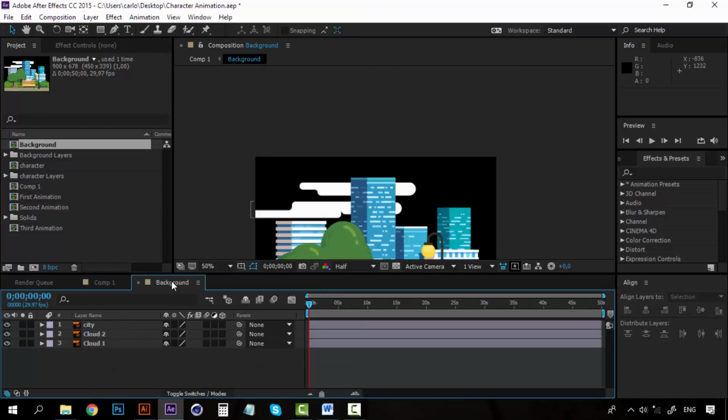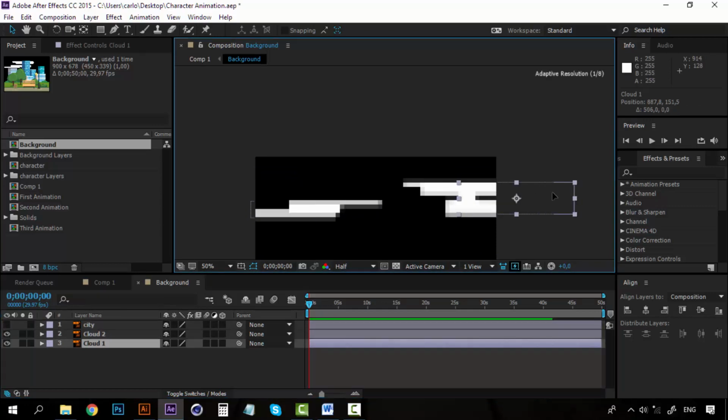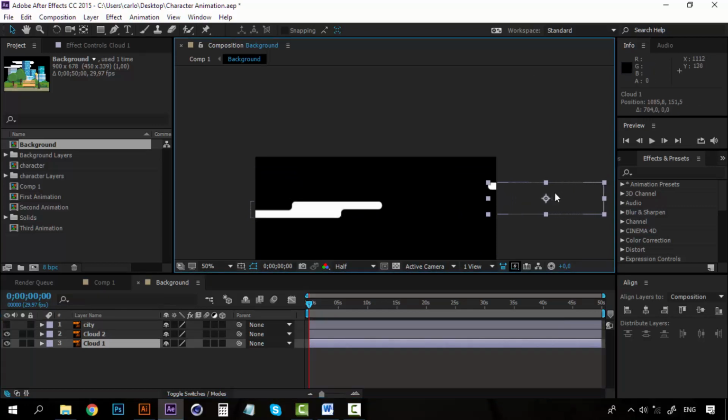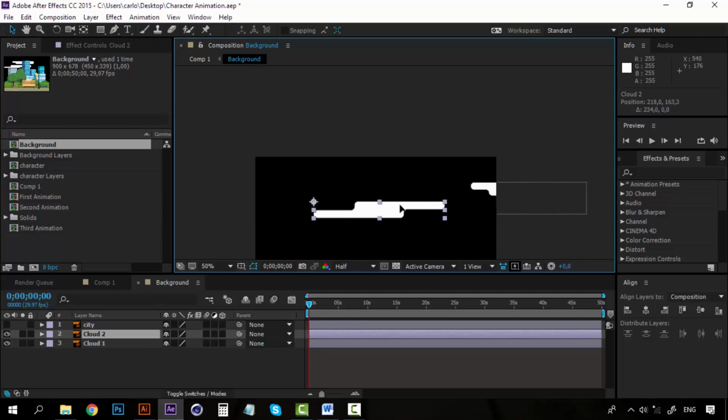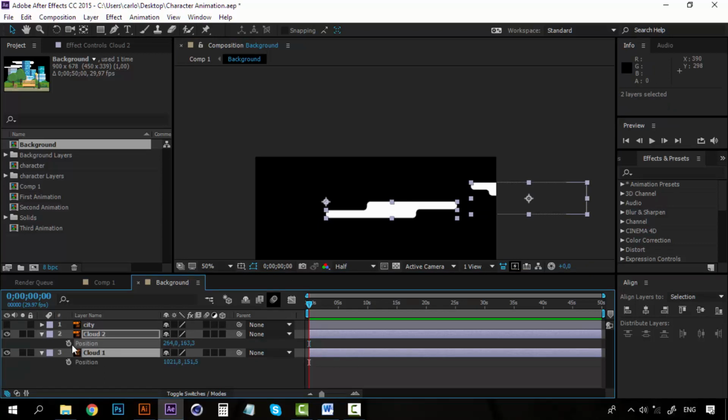So I'm going to take, let's turn off the city for now, and I'm going to place the first cloud like this, and this second cloud to this point, and I'm going to make the movement really slow. So I'm going to press P for the position here. I'm going to create a keyframe in this position for both of the clouds, and now